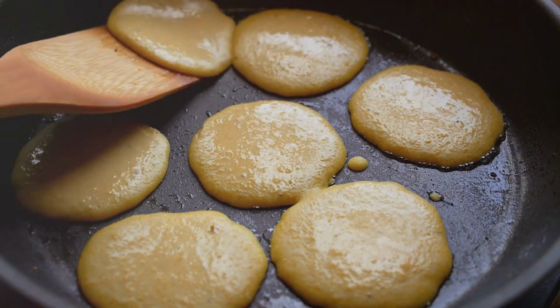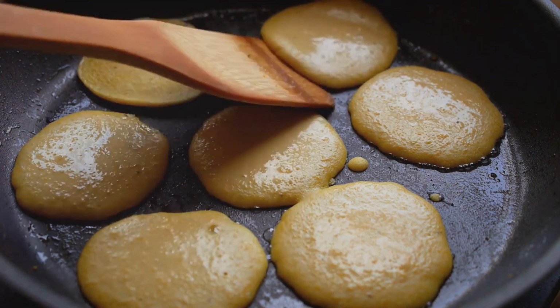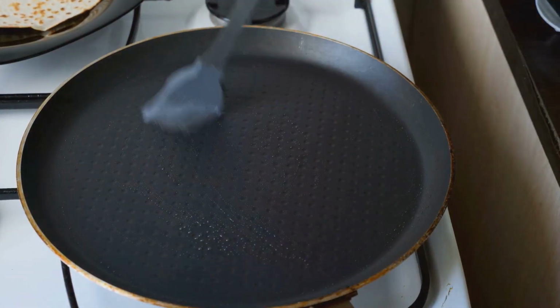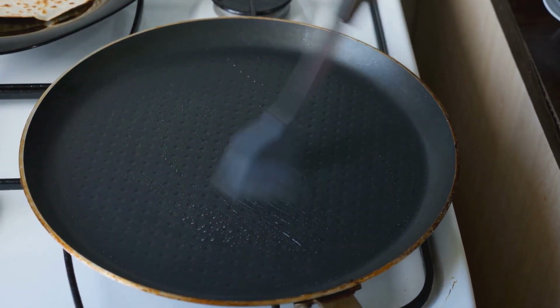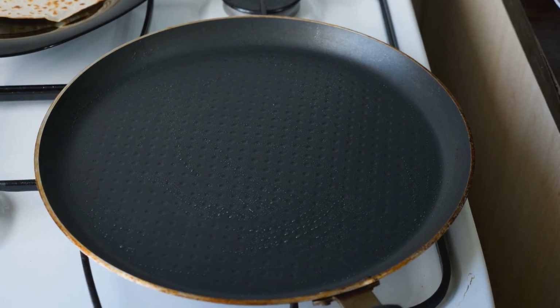As you mix, you'll start to see the batter come together. It should be thick, but still pourable. If it's too runny, you can add a bit more flour. If it's too thick, a splash of milk should do the trick. Don't worry if there are a few lumps left. Those little lumps are pockets of flour that will cook out on the griddle, providing small bursts of fluffy goodness